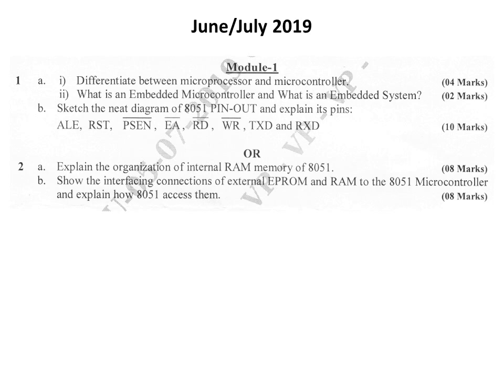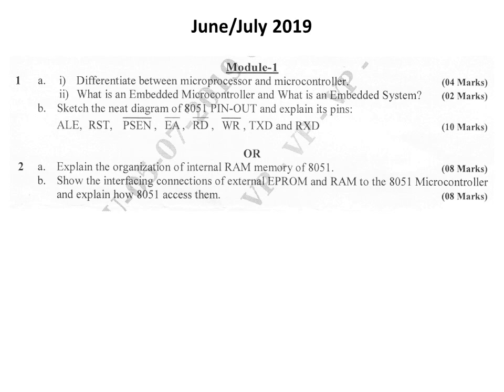Here the 8051 pinout diagram, that is the 40 pin dual inline package diagram, should be drawn. It should include 40 pins with the 4 ports. And the pins ALE, that is address latch enable, RST, that is reset, then PSEN bar, that is program store enable, EA, that is external access, RD bar, that is external memory read signal, WR bar,